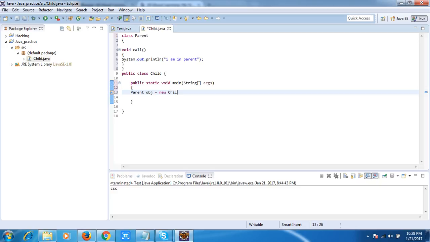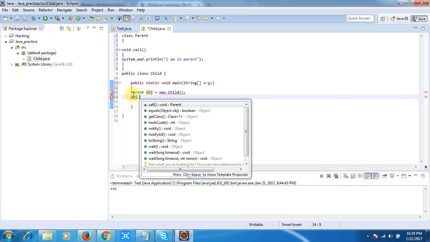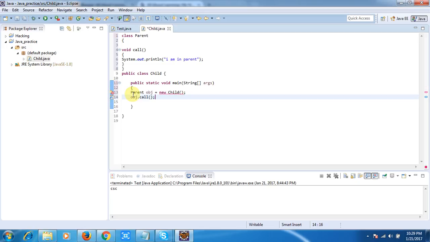Using this I can access my parent class method, obj.call. Let me run it.